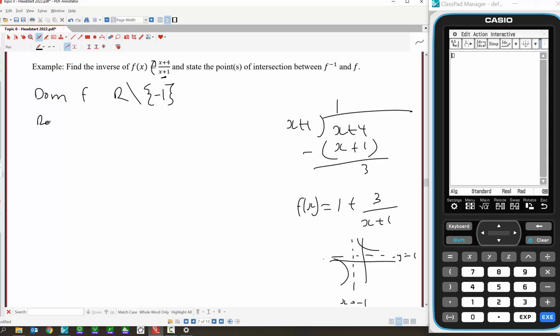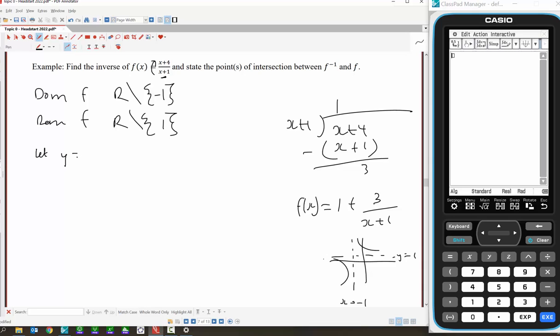So we can now quickly write that the range of the original function is all real numbers, except I can't put out a 1. y can't be 1. Okay, now we're ready to inverse, so we'll go